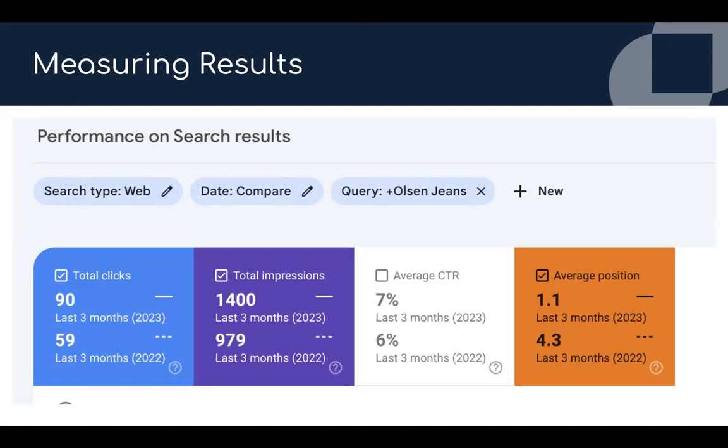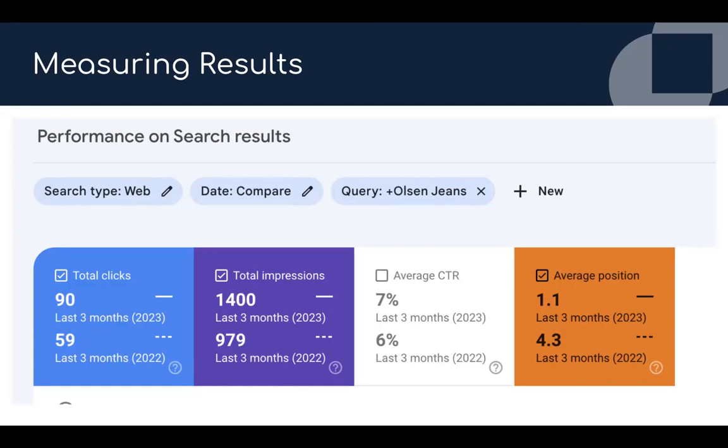And again, it makes logical sense. Like this example is Olsen jeans. If you have a brand Olsen and a category jeans, 2 individual pages, it's going to be a lot more competition ranking for Olsen and jeans. But if you put them together, which is typically what the customer will be looking for, you have a higher chance of ranking. So this snapshot shows, looking at a 3-month comparison year on year, for this specific page,